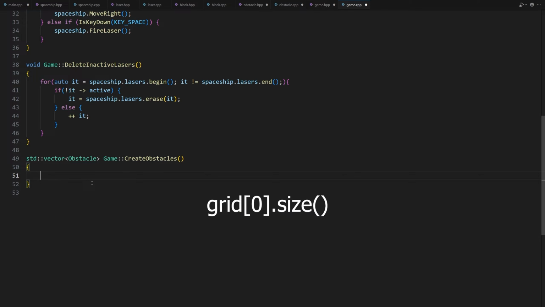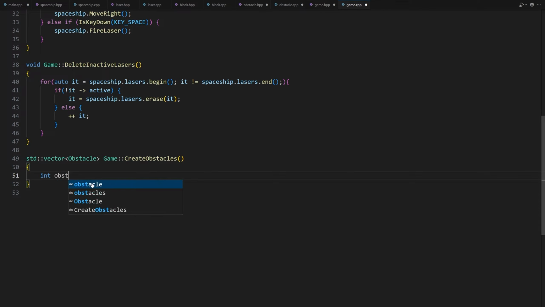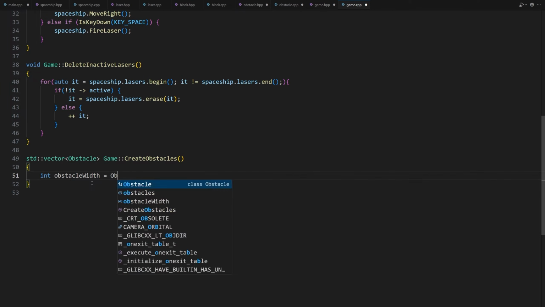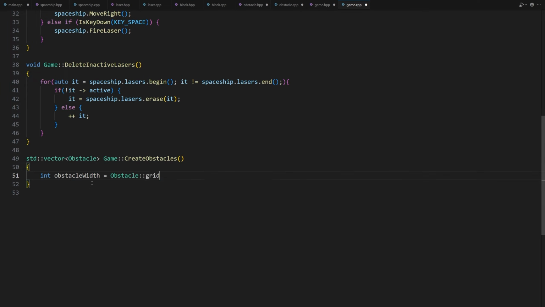It has grid[0].size columns. As we did earlier, grid[0] is the first row. We check to see how many elements the first row has. That's the number of columns. So int obstacleWidth is equal to Obstacle::grid[0].size() times 3.